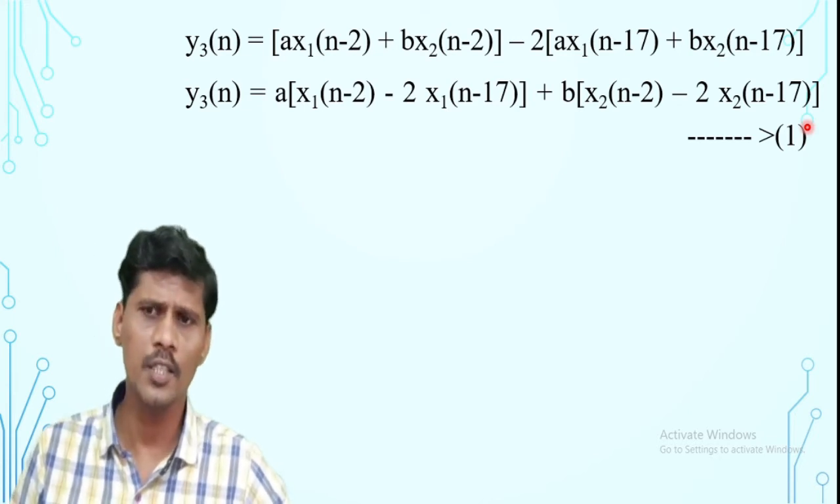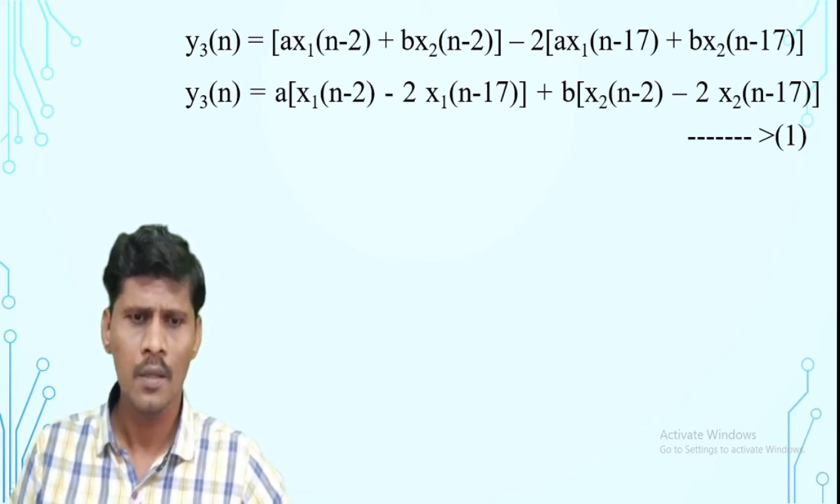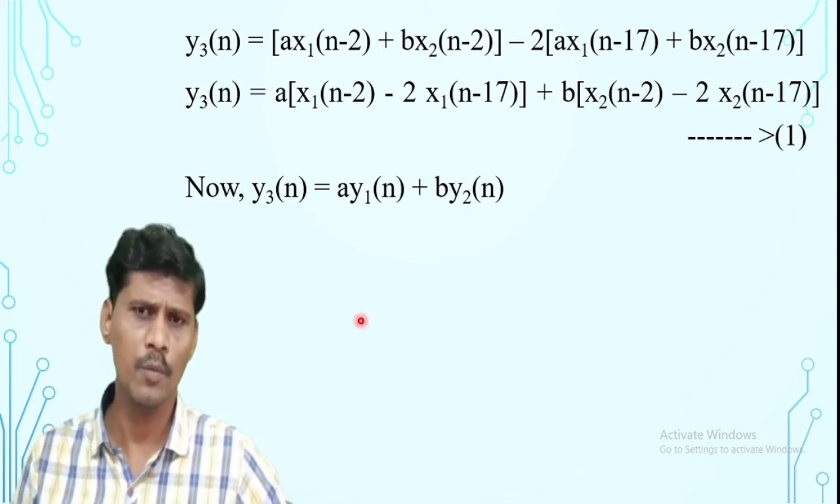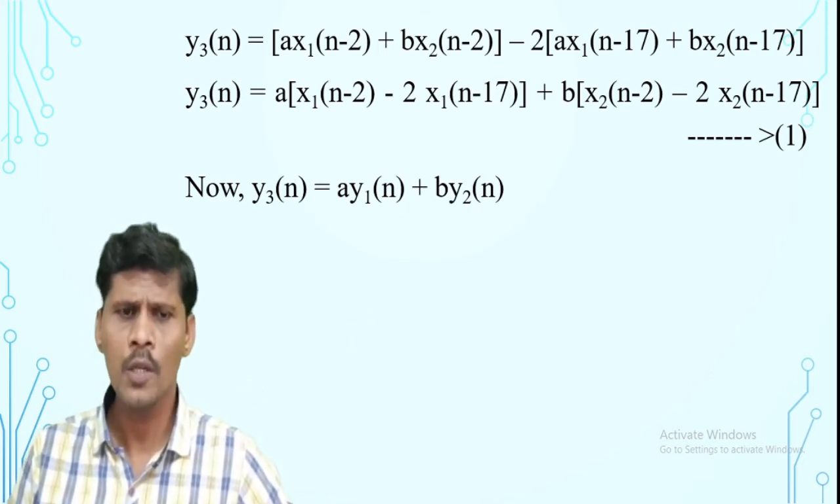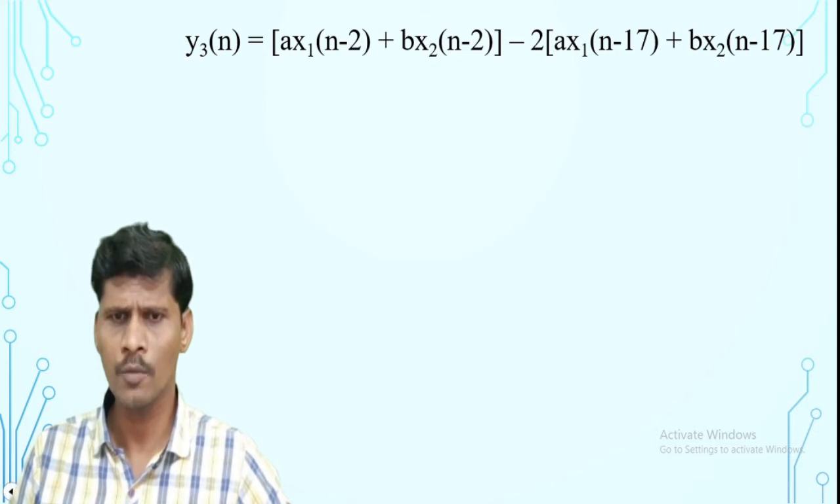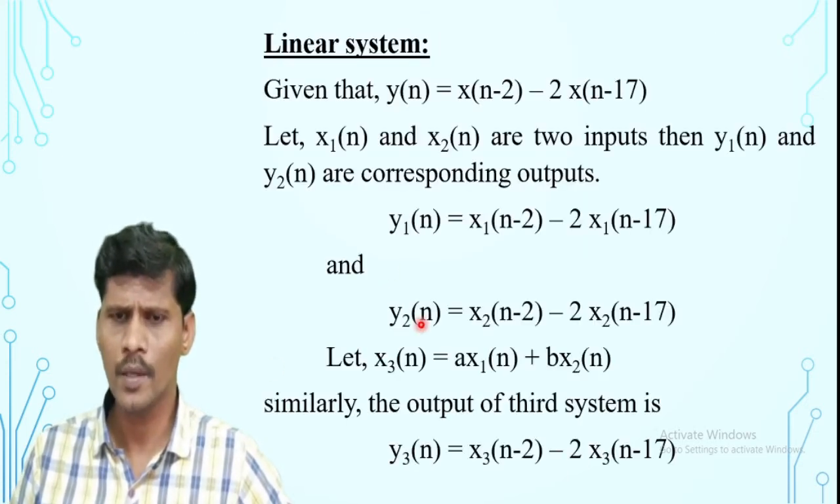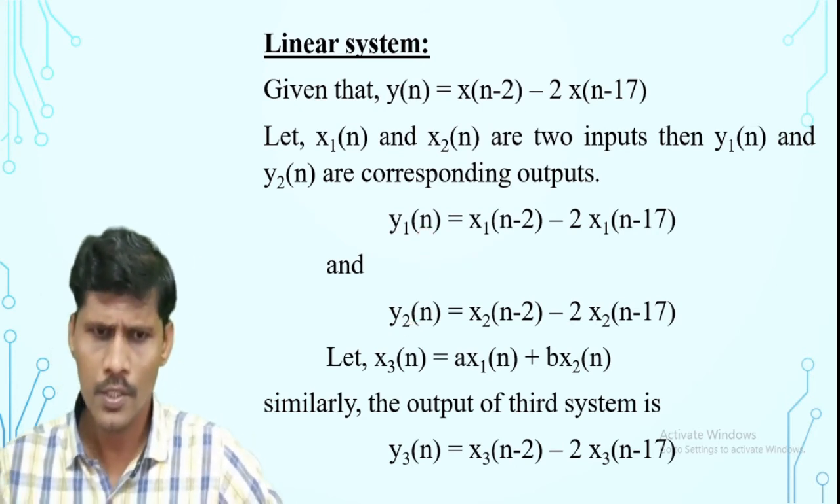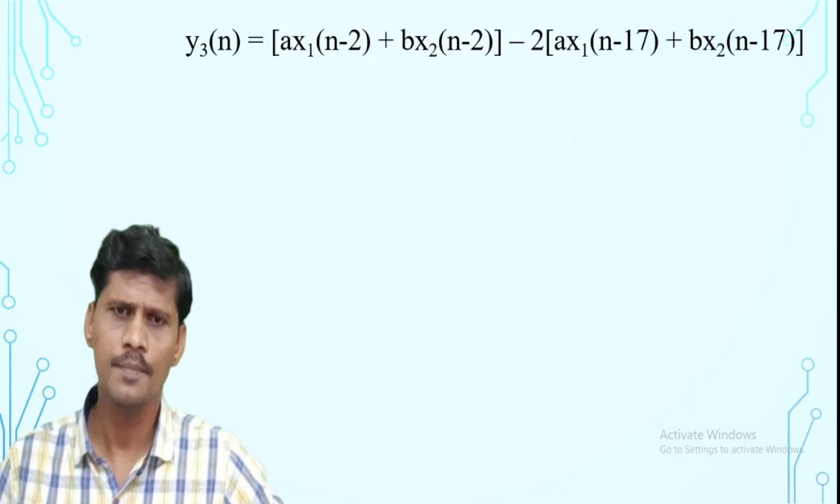That is considered as equation 1. Now calculate y3 of n, which is equal to a y1 of n plus b y2 of n. The values of y1 of n and y2 of n are already calculated, so this is the value of y1 of n and y2 of n. Substitute these values into this equation, and we get